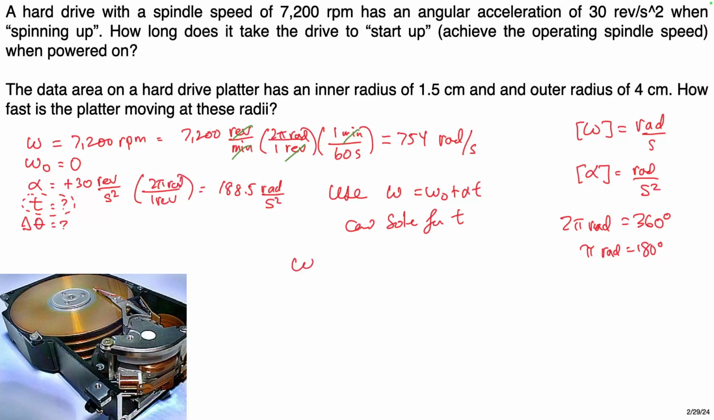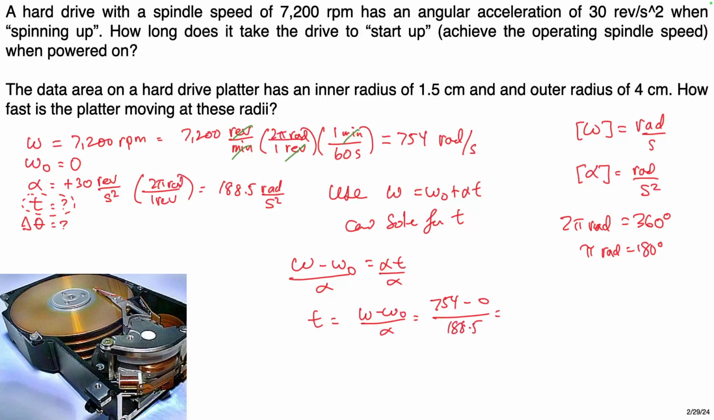Okay, so solving this for t, move the omega naught to the other side, becomes negative. Divide both sides by alpha to get my t. So t is going to be omega minus omega naught over alpha. Now I can throw in some numbers. 754 minus 0 all over